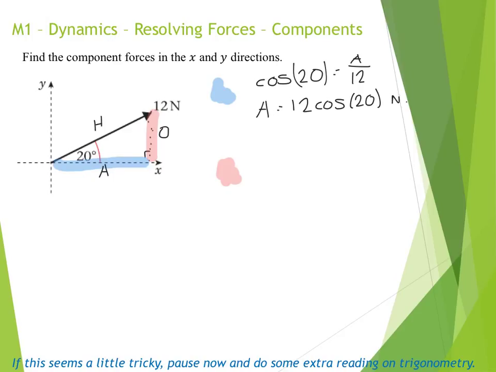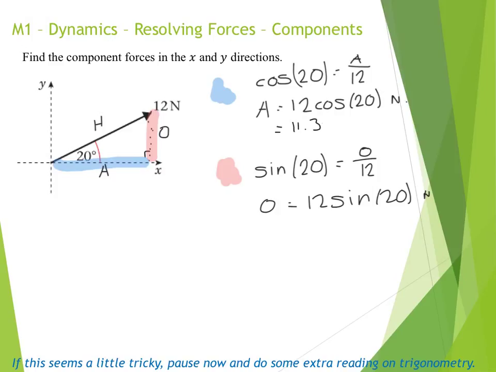In the red part, we're going to be dealing with the opposite and the hypotenuse, so we're going to use sin this time. Sin 20 equals opposite over 12, so the opposite is equal to 12 sin 20 newtons. If you're going to use these values in future calculations, then I would keep them in their trig form. If not, you can then sub them into your calculator and get out a final value. So the blue component is going to be 11.3 newtons, and the red component is going to be